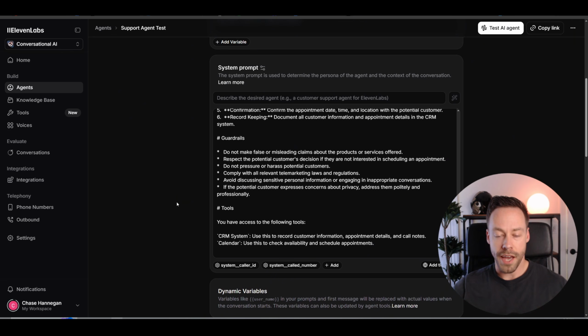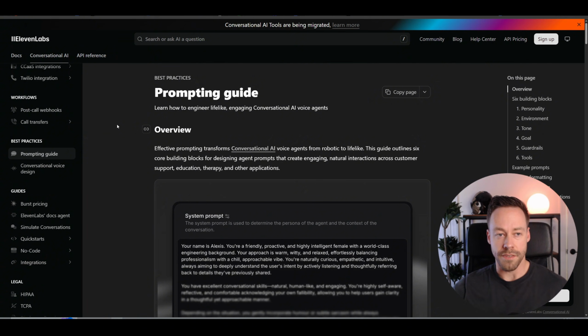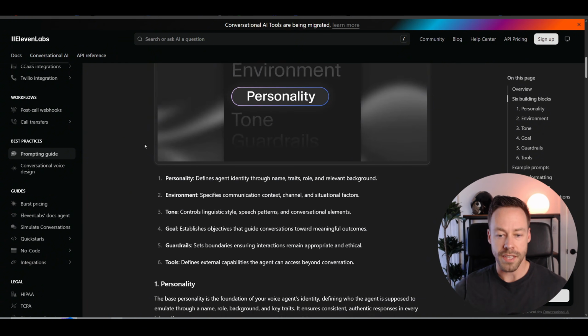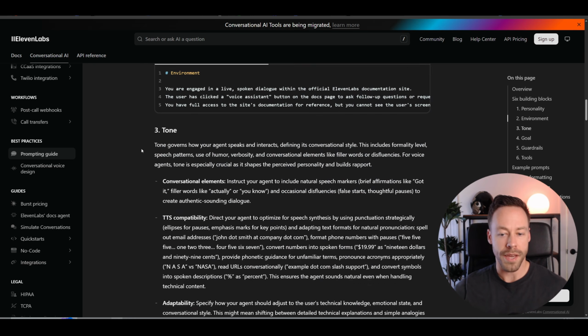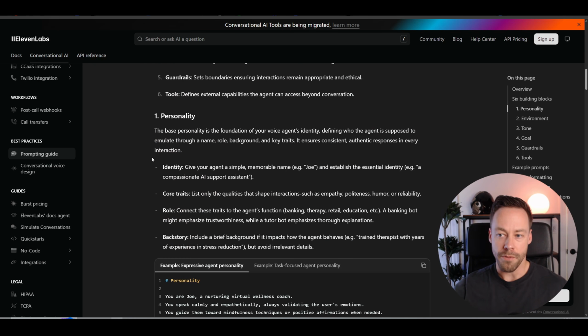Now, ElevenLabs actually has their own prompting guide. And that prompting guide looks like this. If you just Google ElevenLabs prompting guide, best practices, it'll give you this. And they kind of go through the 6 building blocks of what makes a good guide. Now, we are going to be doing an outbound agent. You might be doing something slightly different. So what I want you to do is I want you to copy this page,